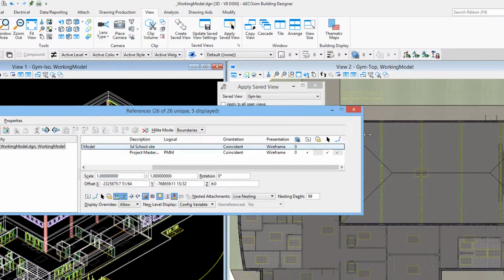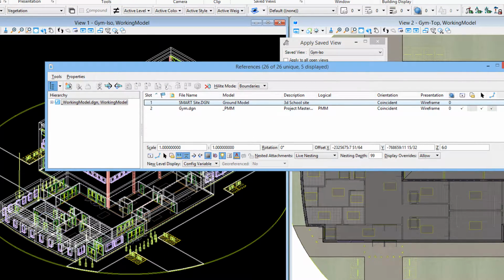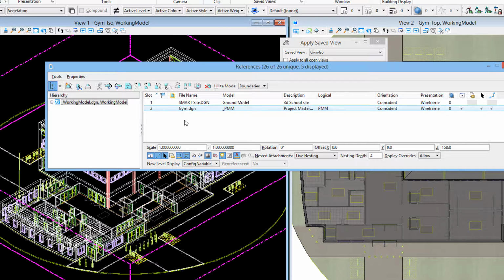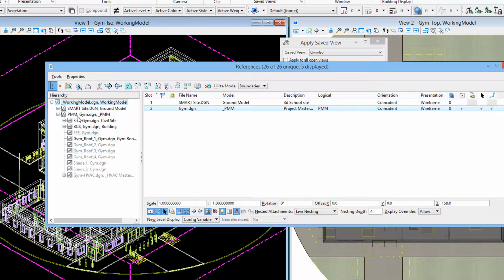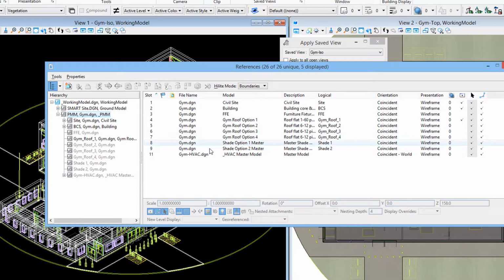Don't forget that these references are made up of nested attachments. And a nested attachment means that there's attachments to the attachment. So if we have this Show Hierarchy button on here, we can expand our reference attachments. And here's the gem. It's referencing the project master model from out of that DGN file. If I expand that, you'll see that there are a lot of other nested attachments. And if you click on it over here, then I can see here are those nested attachments. So we've got things like our roof options and our HVAC options that we'll take a look at in the